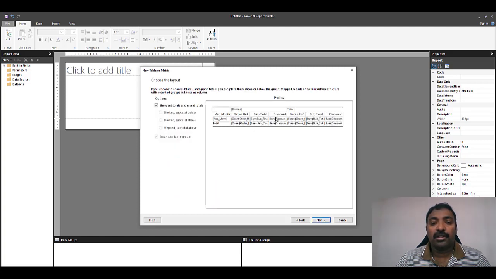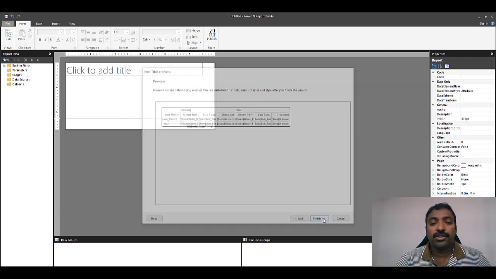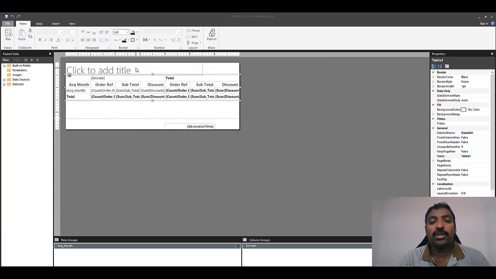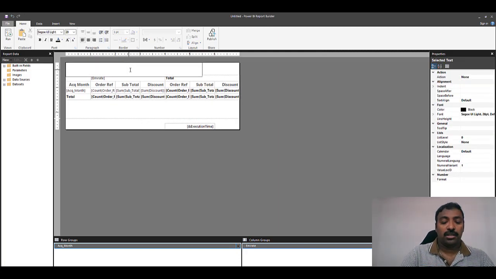and automatically it will format it into a nice little matrix for you. And if you want to show the subtotals and grand totals, you can keep it selected, or if you unselect it, it will only show the detailed data. So let's just retain the subtotals and totals, and click on next and click on finish. So now the report is ready. If you want, you can add a header to the report as well, like emirate order details, and click on